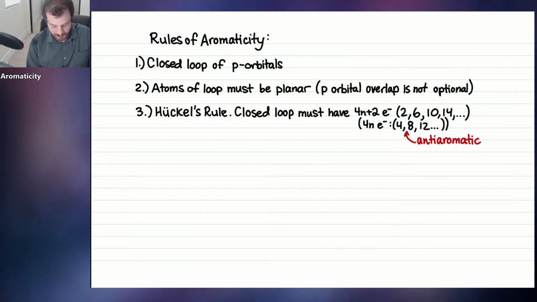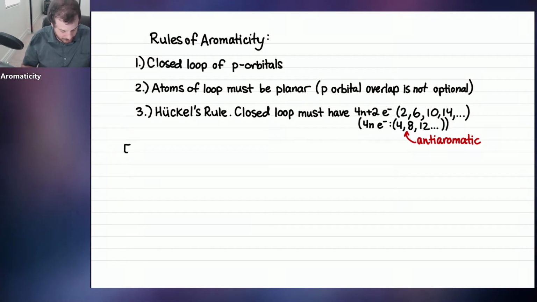But let's just take a look at a few examples and decide whether the molecules meet all 3 criteria to be aromatic. If they don't meet the 3 criteria, they're non-aromatic. And if they meet all 3 criteria with this second bullet point, then it's anti-aromatic. So those are the 3 possibilities. A molecule is either aromatic, anti-aromatic, or a lot of the times it can be neither. Let's take a look at some examples.